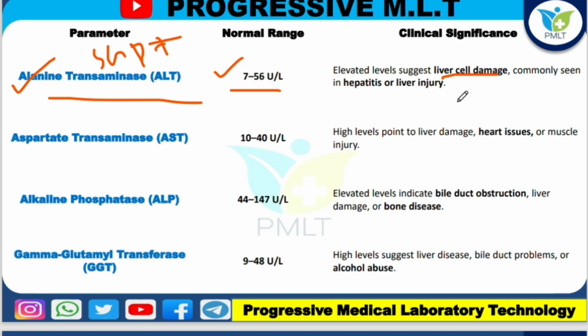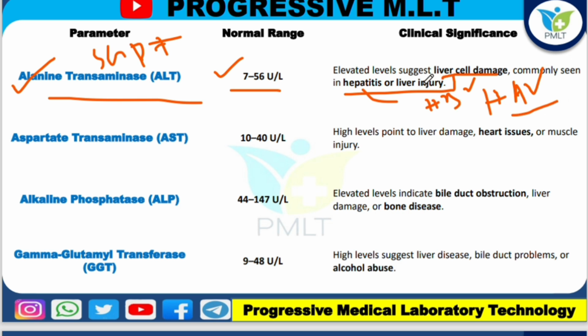Hepatitis means inflammation of the liver. The causative agents are the hepatitis B virus, HAV, that is hepatitis A virus, and HCV, that is hepatitis C virus. There are also five types of hepatitis virus, right? If any kind of hepatitis or liver-related disease or liver cell damage is happening, ALT becomes